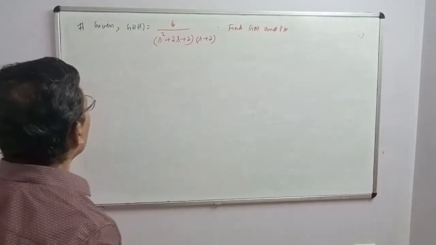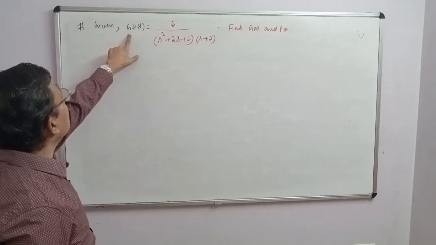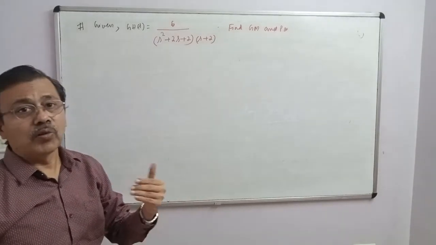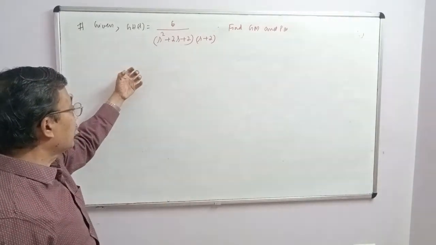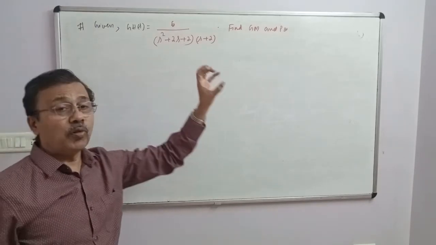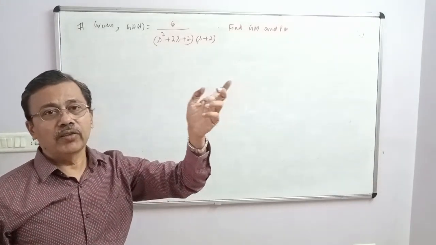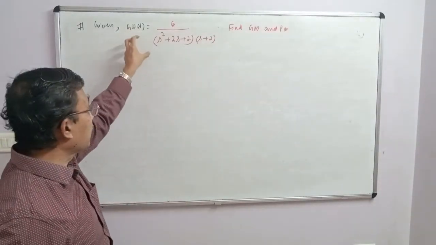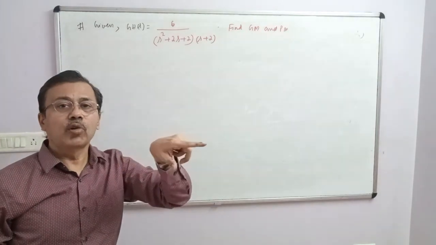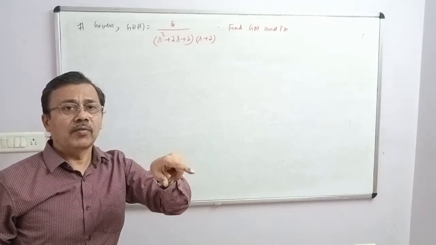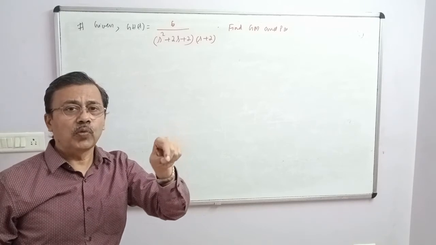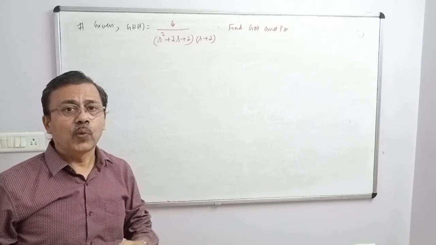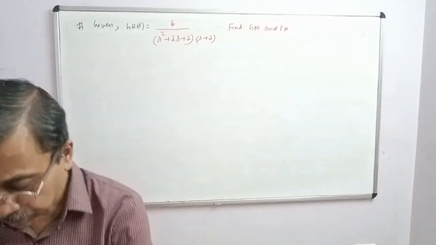Similar problem. So what you have to do? You have to put S equal to J omega. Then you have to plot the GH of J omega locus. You have to find what is phi of omega, correct? And equate that phi of omega to minus 180 degrees and calculate omega p. Then calculate the gain margin. Equate the magnitude of GH of J omega to 1 and find omega g. Then using the formula for phase margin, 180 degrees plus phi of omega at omega equal to omega g, you will get the phase margin.